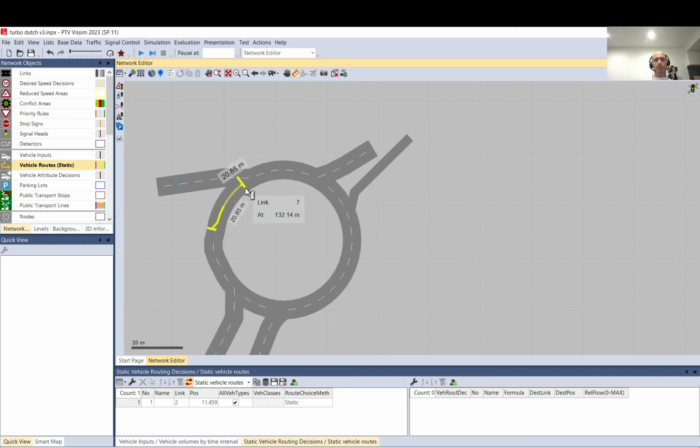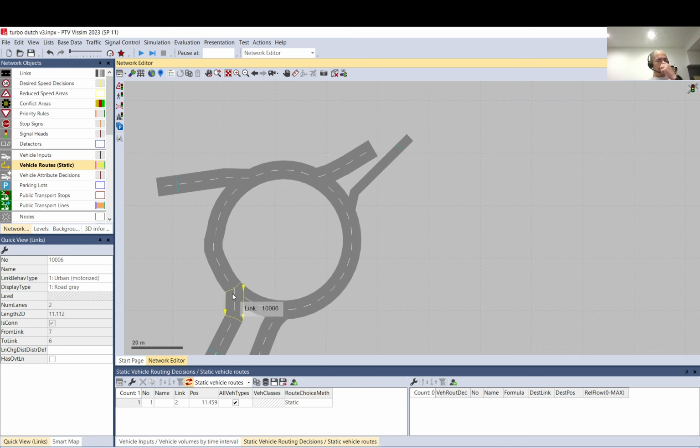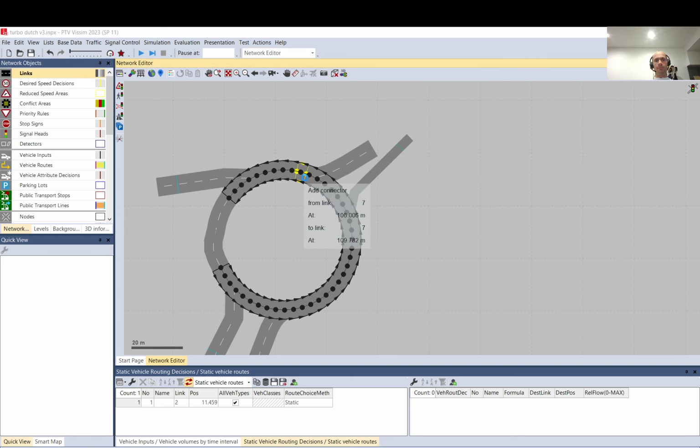But you probably want to do it like here. So you set the lane changing distance to this distance. And also for this, you can leave it because it's a 2 lane, so it's not going to change lanes for that. But it will get into lane like that. So it will drive in this lane as they would do, let's say, in real life. Then they start changing lanes like here. So you can also reuse the issue there. And you can also place maybe one here too. Sorry. You can also place a fake connector like there